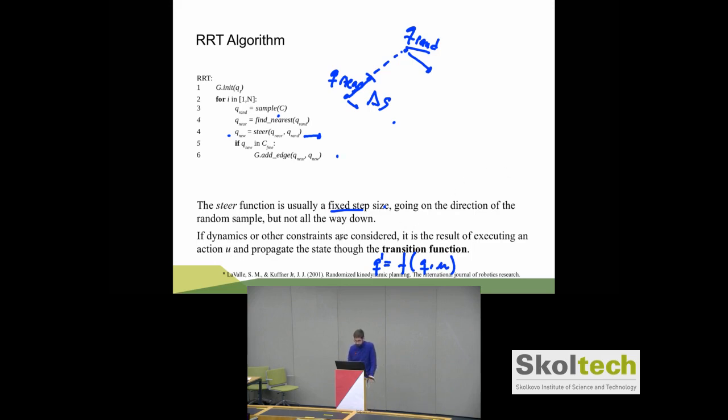Okay, we'll not be working on kinematics or dynamics now, but just for you to know. If you do this steer function, you should be able to do this. For instance, you cannot ask a car all of a sudden to just go back if you are moving with some velocity. You have inertia. So what the steer function, or the transition function, is trying to say is, if you have these constraints, you can keep them while you are searching your graph, and